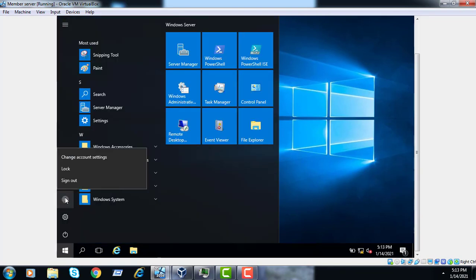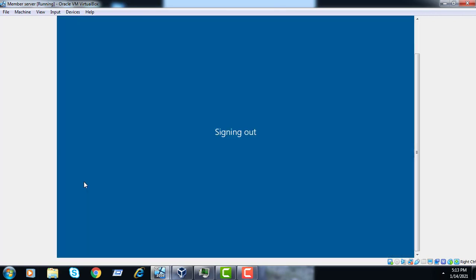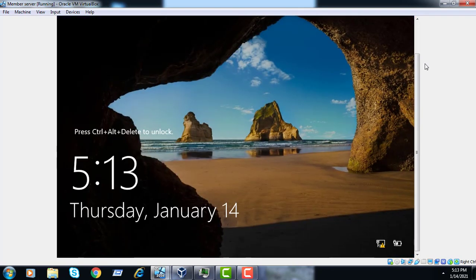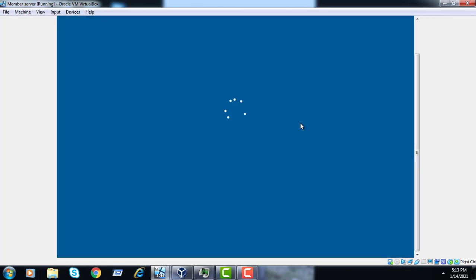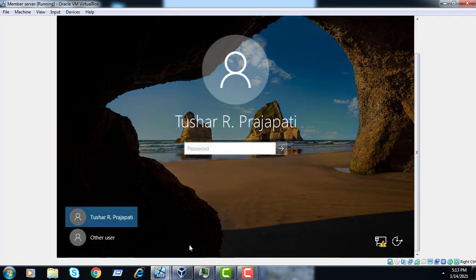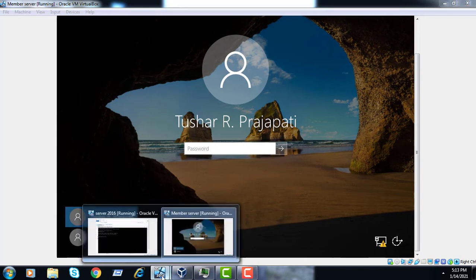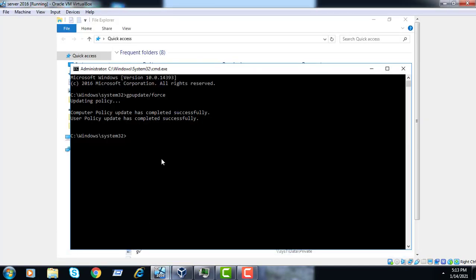You can see. Now the group policy has been successfully completed. Now you can log in to the member server again.